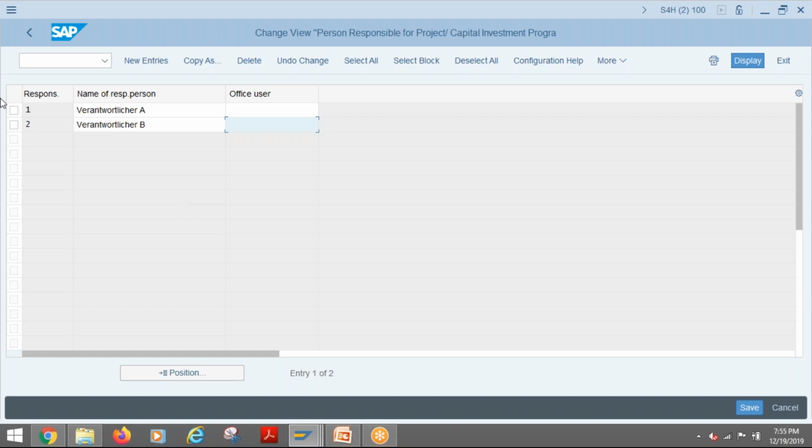In that case, what happened here, responsible, we can create a generic number, say 1000. 1000 is representing team A. So it is representing a group of people instead of a single person. So these people are responsible, and only people who belong to that group, whoever has that authorization only, it will allow you to do it. So that is also an important